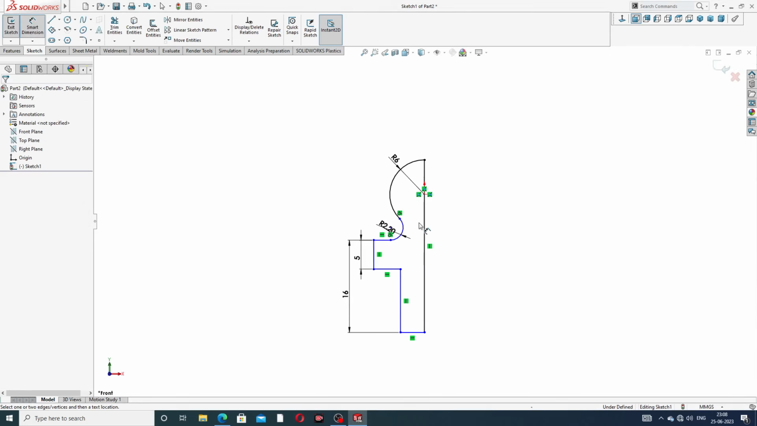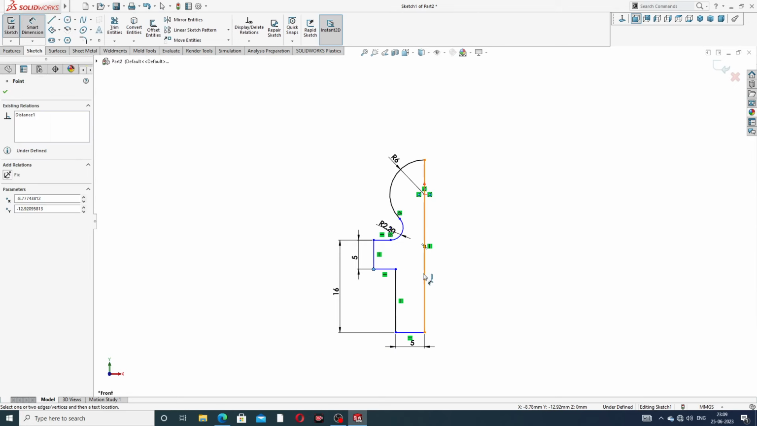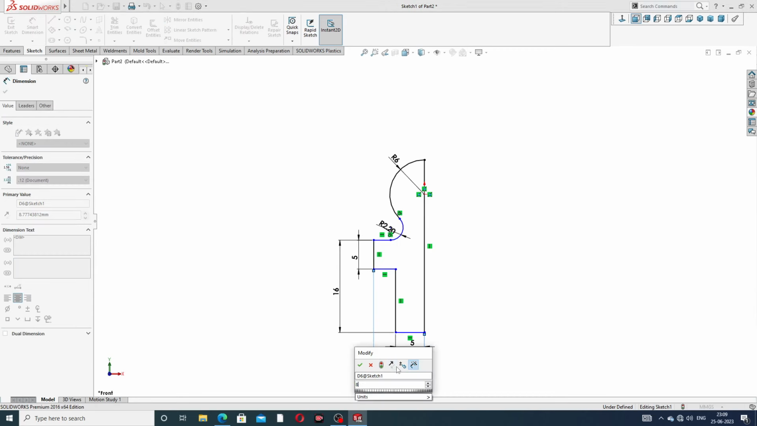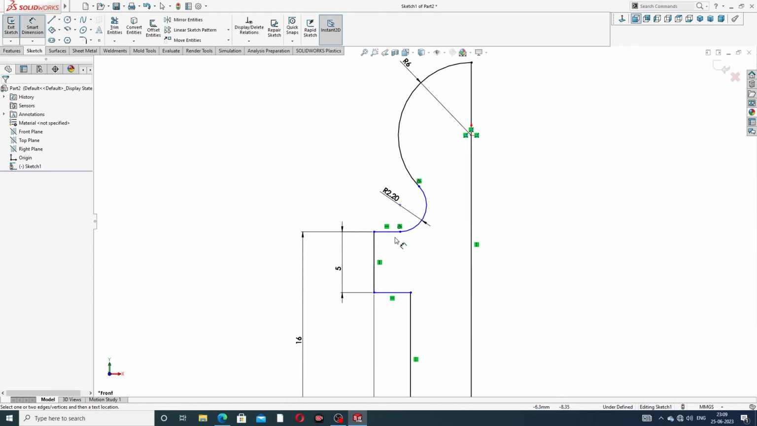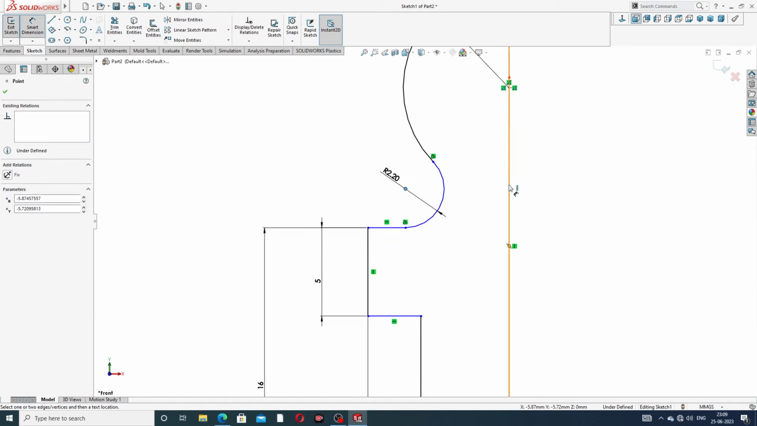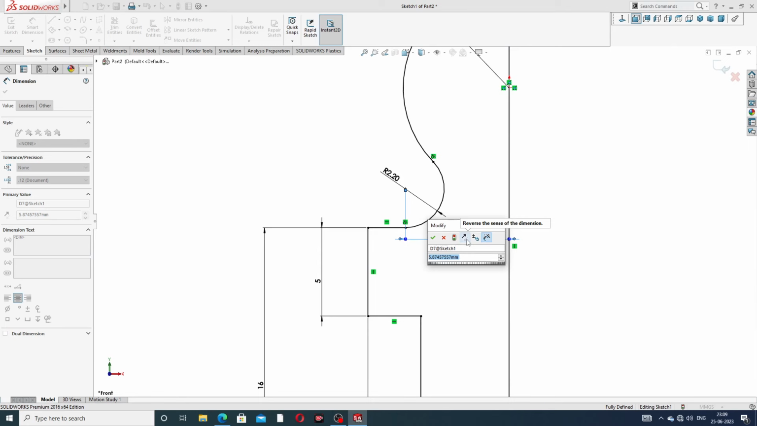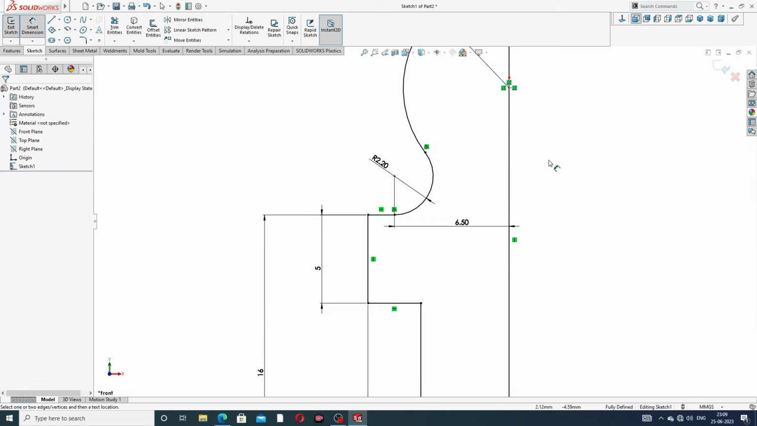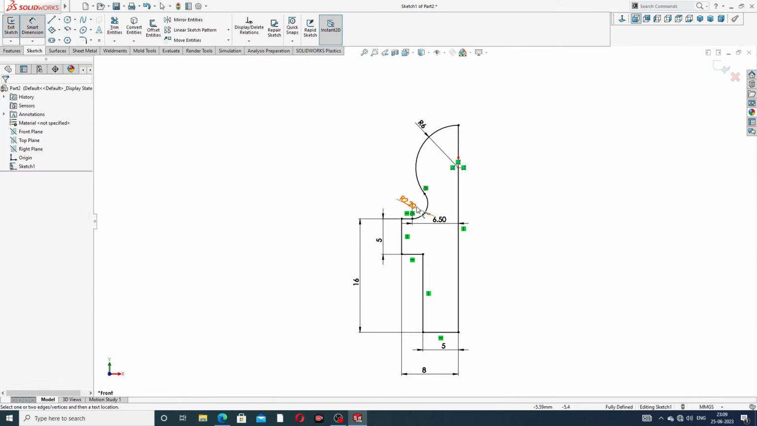Okay, this distance is 16 millimeter, and this is 5 millimeter. Okay, and this distance is also 5 millimeter, and this distance, this to this, is 8 millimeter. Okay, and this center point to this distance is 6.5 millimeter. 6.5 millimeter is perfect. Okay, all dimensions are fully defined, and all dimensions are correct,